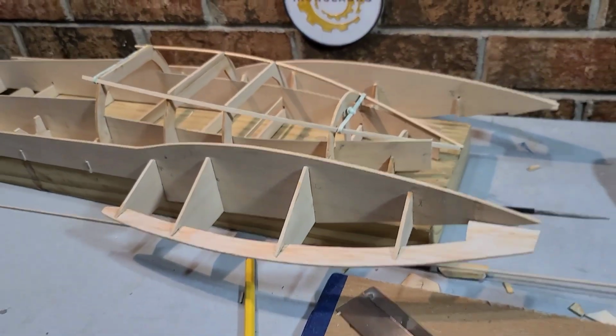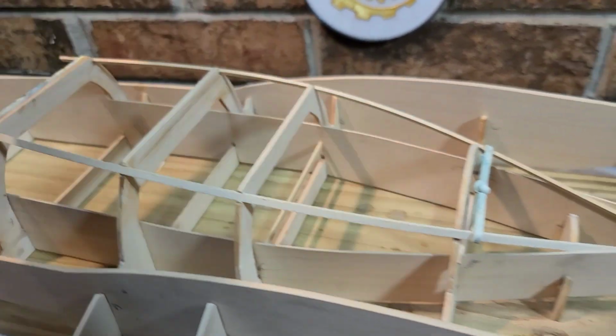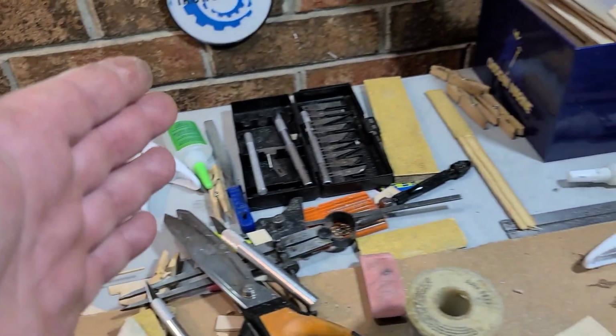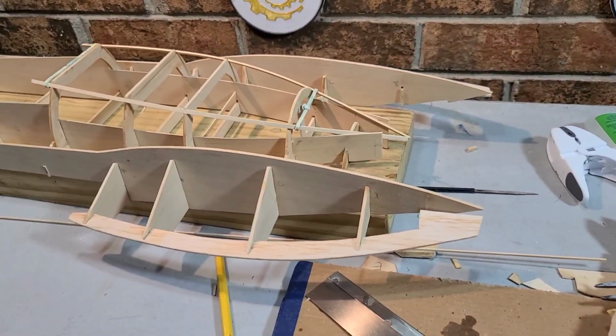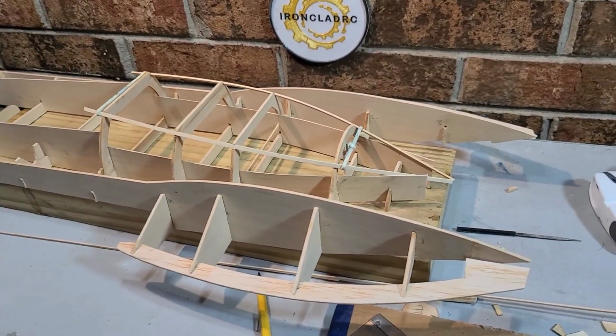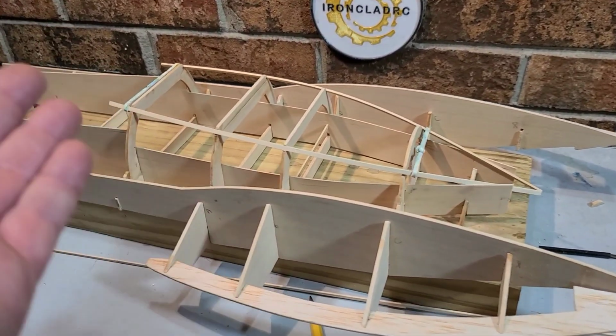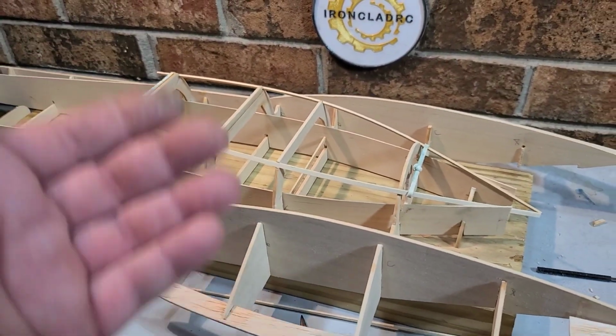So I'm going to let you guys go. The build's coming out great, man. I'm super stoked about it. Hopefully you guys enjoyed it, and hopefully you learned something. We kind of went over some of the stuff I was using. I really didn't have anything planned for today, being a holiday and everything. But I wanted to show you guys my boat and my boat building process, enjoying my RCs,